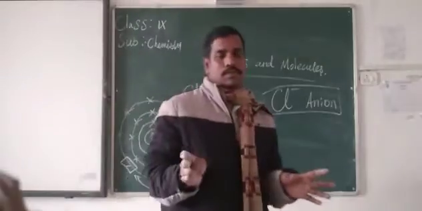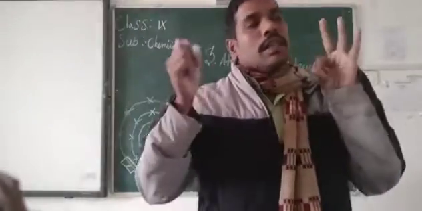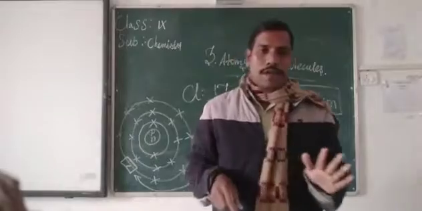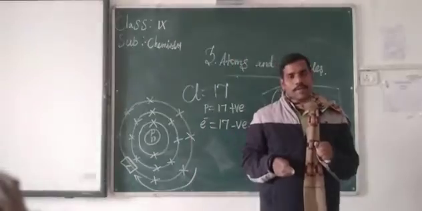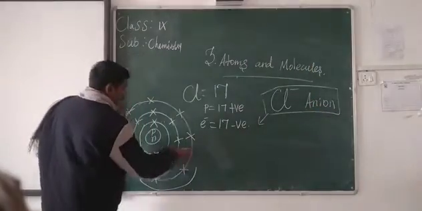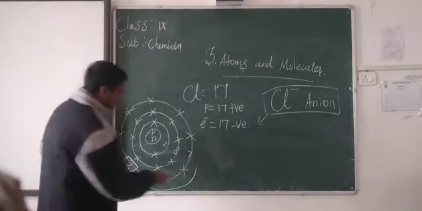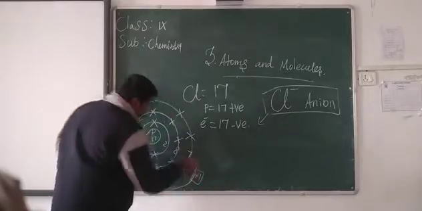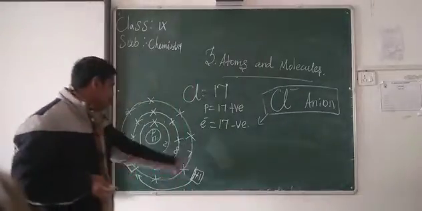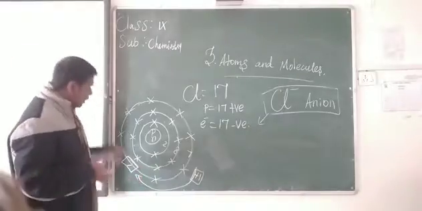It is not possible. In the outermost orbit, if there are 1, 2 or 3 electrons, they will be ready to lose the electrons. If the outermost orbit has 5, 6 or 7 electrons, they will always gain electrons. Now here there are 7 electrons: 2 in the first, 8 in the second, 7 in the last. So it has to get 1, then it will be involved in a reaction. Now this shell will be completely filled, so it gains 1 electron.